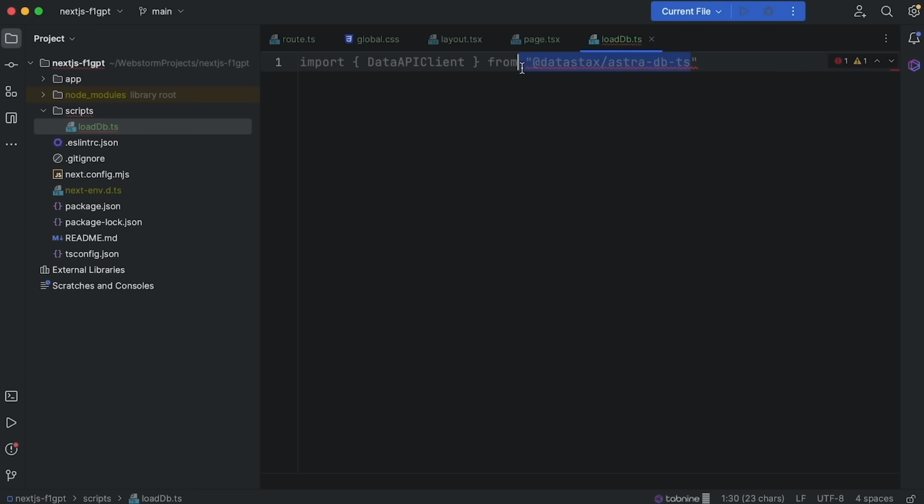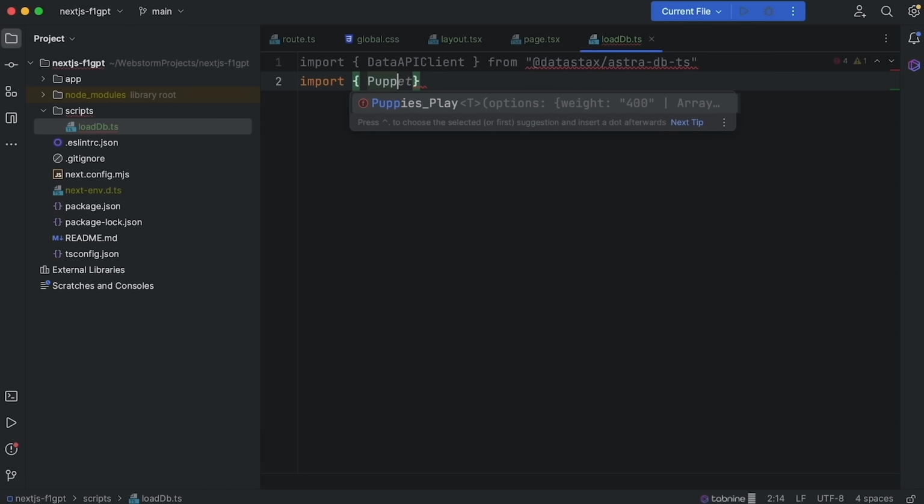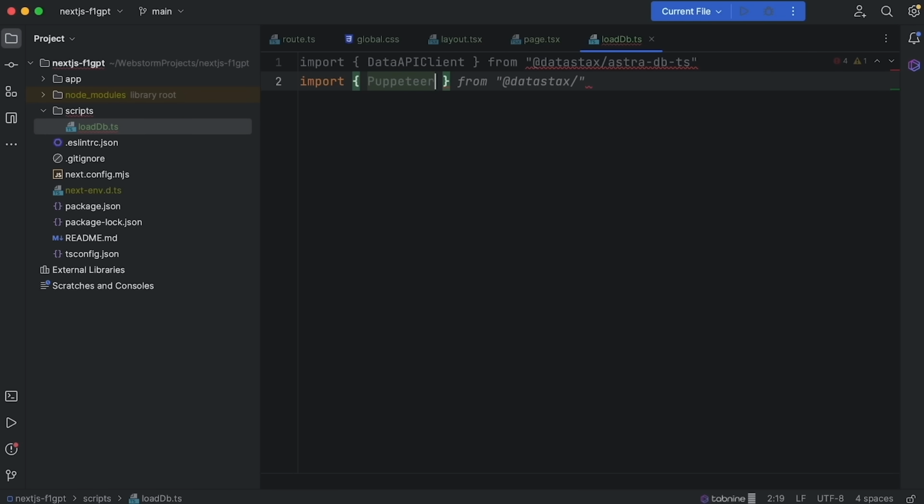So that is one we're going to have to install. Another one is to help us with scraping. So we're going to import, making sure to spell import correctly, Puppeteer web base loader